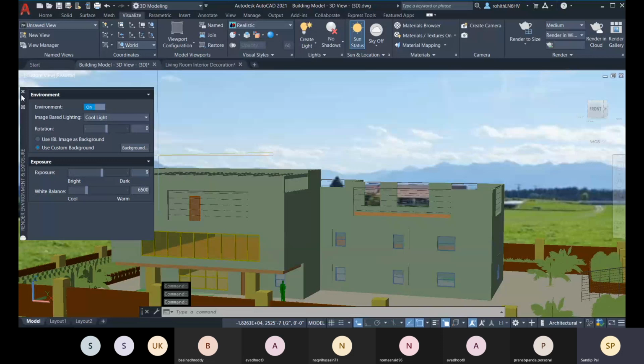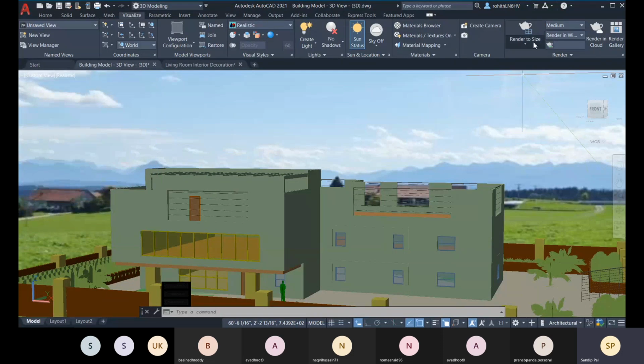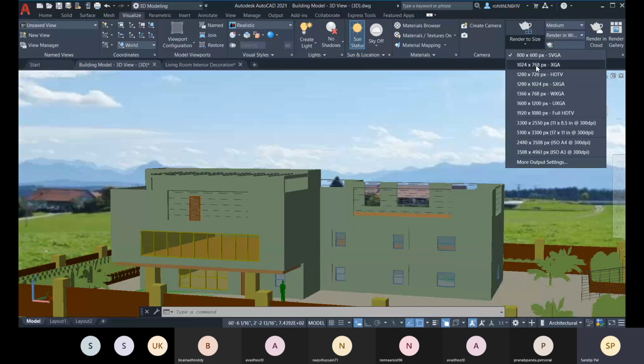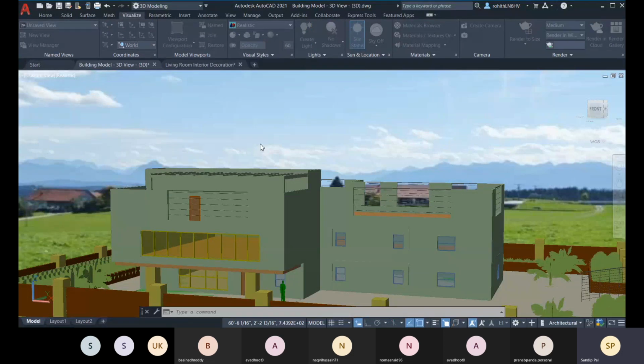Okay, so now after this, you can go for this render. Here you can choose some settings for the output. What will be the output sizes? You can choose it, or you can go for more output settings, and there you can customize the resolution.